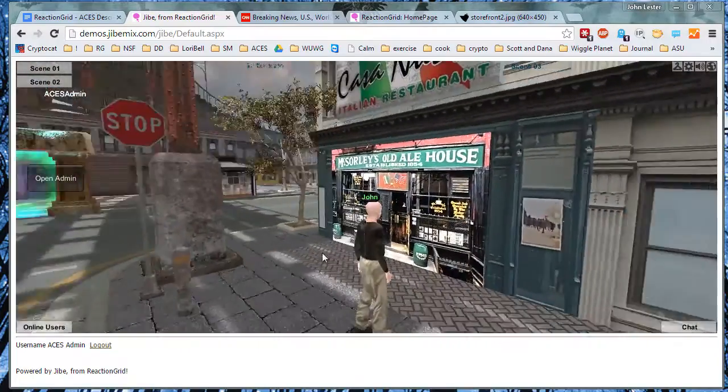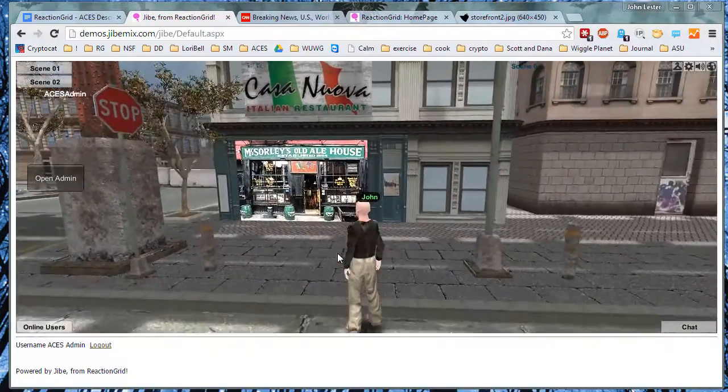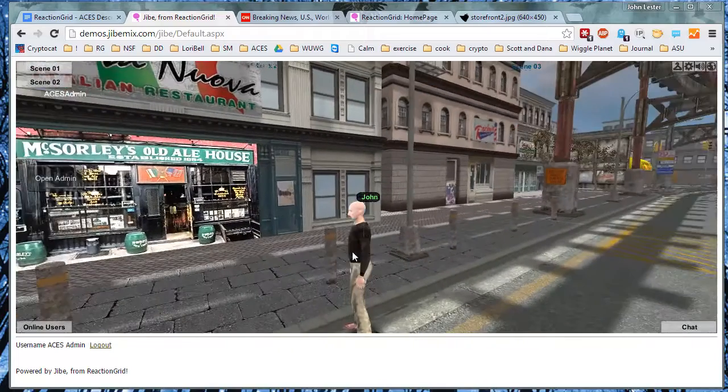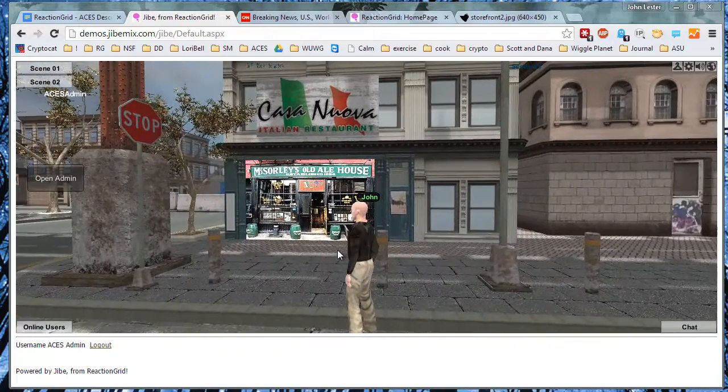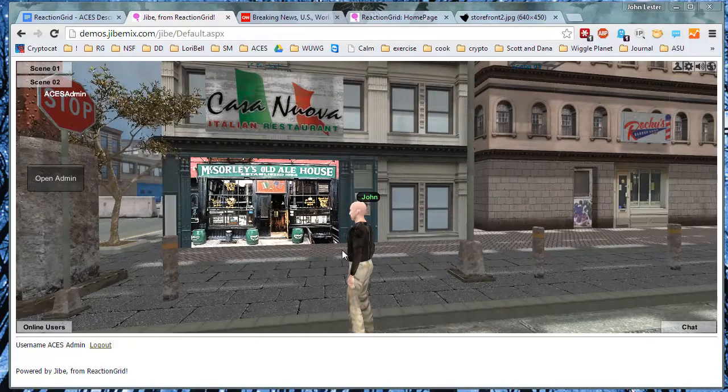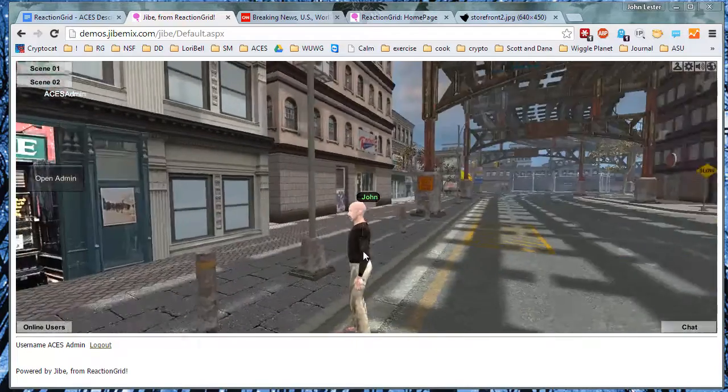And you can see how powerful it is just changing textures. You can radically change the entire 3D environment just by changing textures. And of course that means too that you could